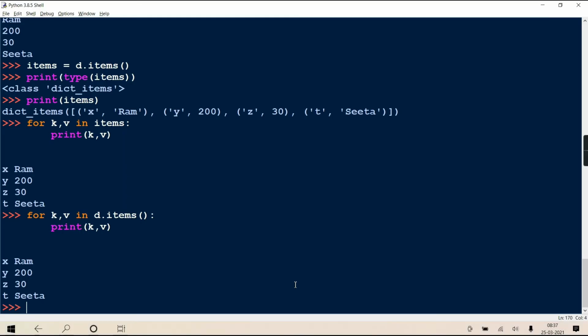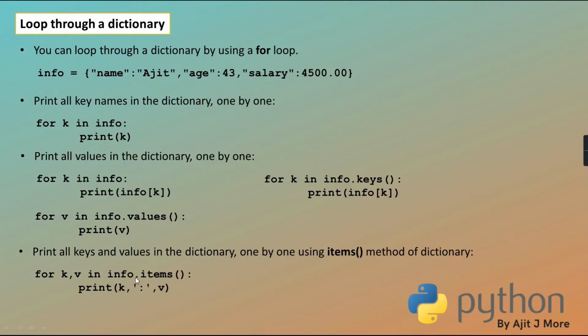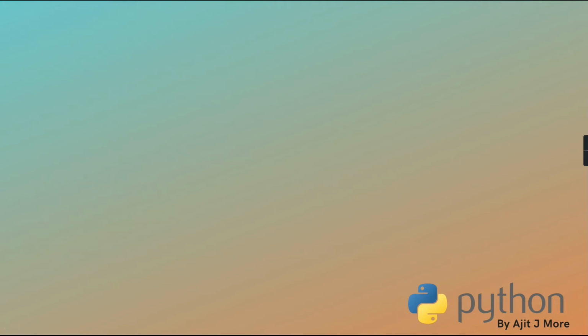See, this way. This type of iterable object with key value pairs is what dot items returns, and this is actually an object of dict items, but dict items is also an iterable class, right? As it's an iterable class, you can use it in a for loop. So it will fetch one tuple at a time, and that tuple is getting unpacked into k and v. So in k and v, what is coming? The unpacked value of one tuple at a time, and that you are displaying. Okay, hope it is clear.